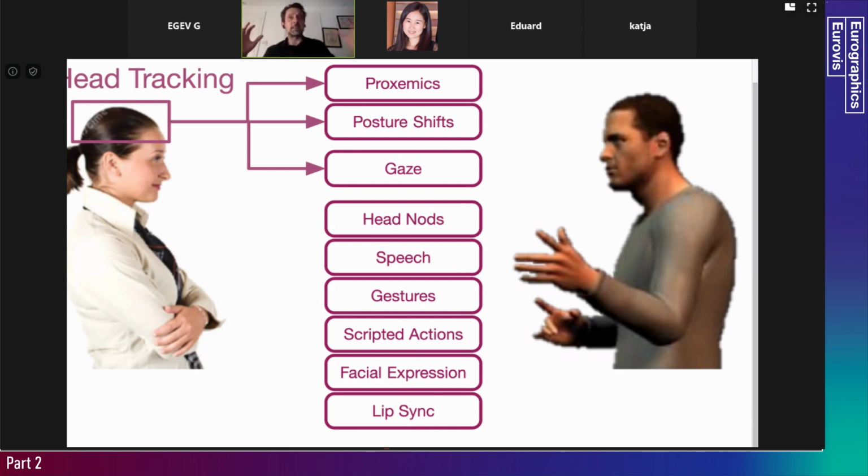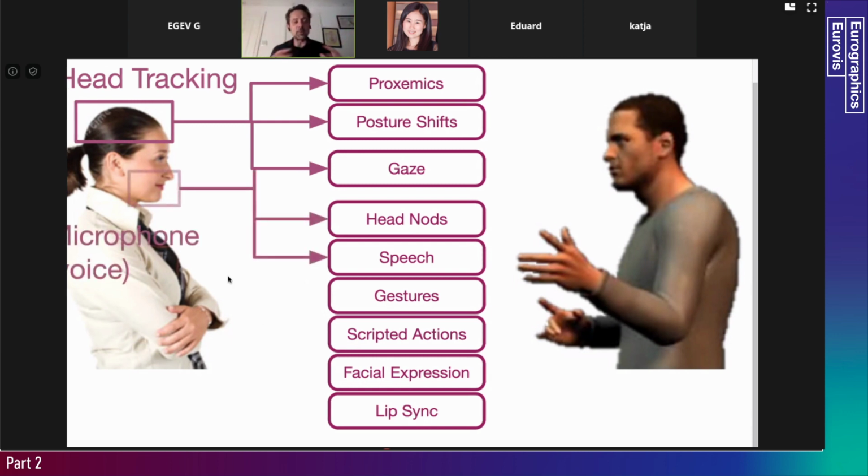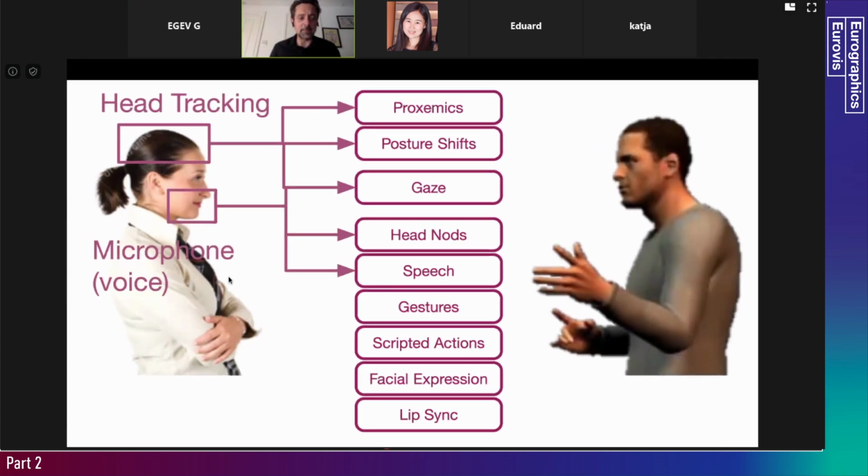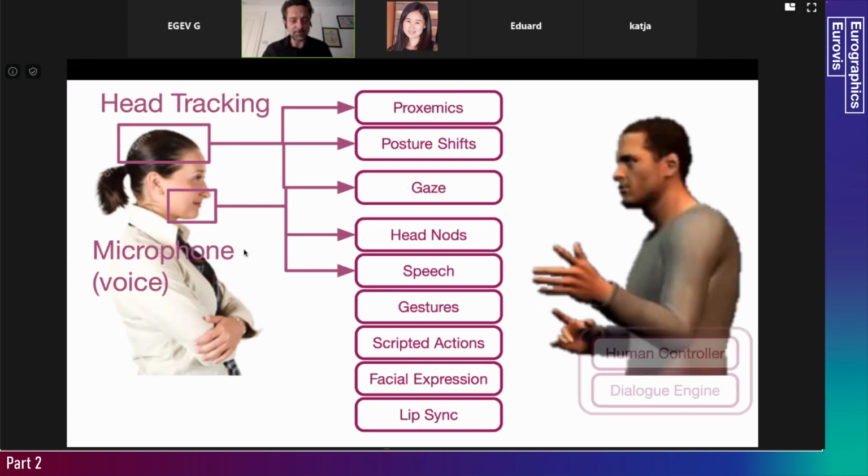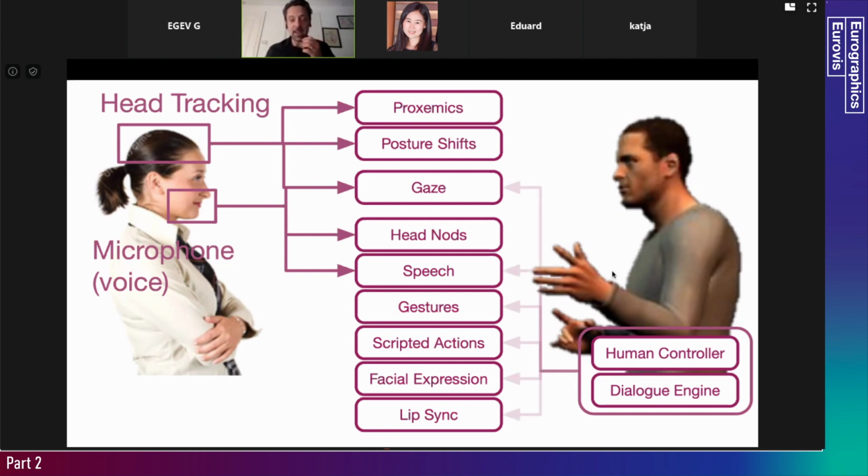Similarly, if somebody steps closer, we can respond in terms of personal space. Gaze, we need to look at the head, so that's responding to head tracking. Similarly, we can respond quite rapidly to voice, in terms of gaze, but also head nods, speech. And then there is a slightly slower deliberative response where we have to have more complex behaviors like, generating